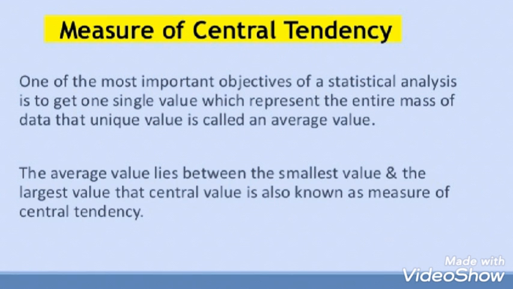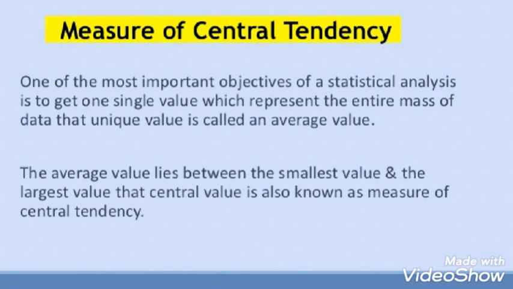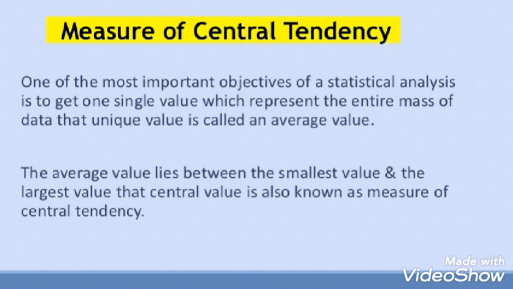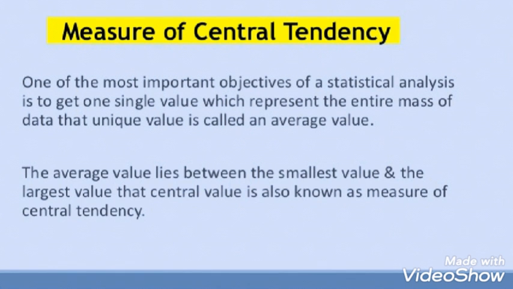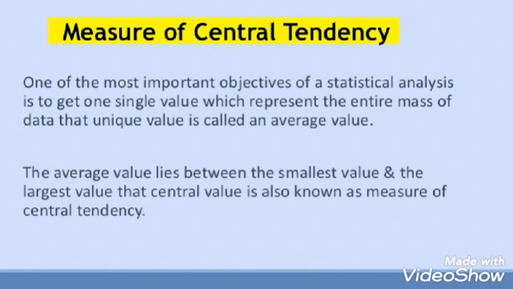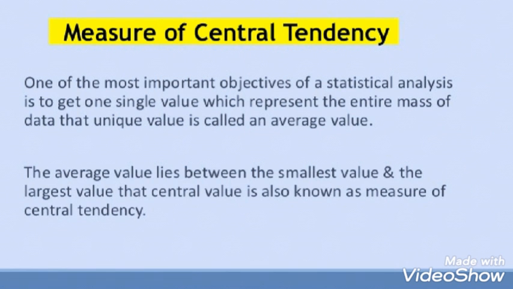For example, in a class of 40 students, there is always one leader. You cannot say all 40 will be the leader of the class. There is always one leader in the class, and he helps to present the class on behalf of all the 39 students. So you can say that the one leader of the class is the central tendency, and he is representing the 39 students. So is your central tendency.